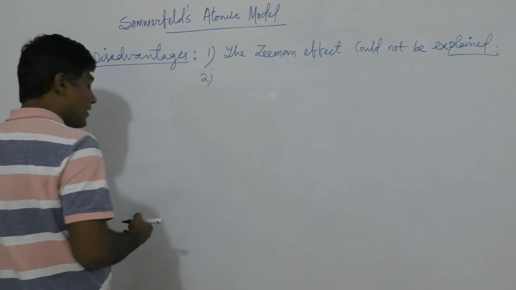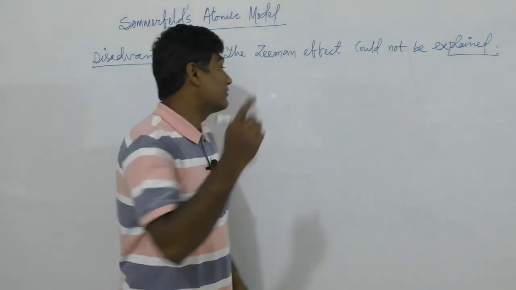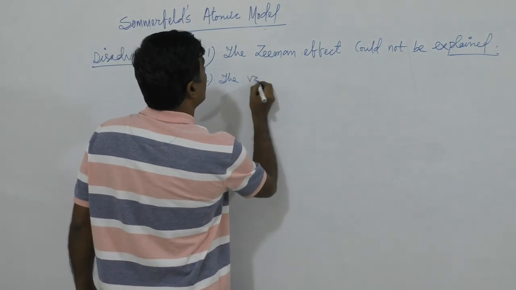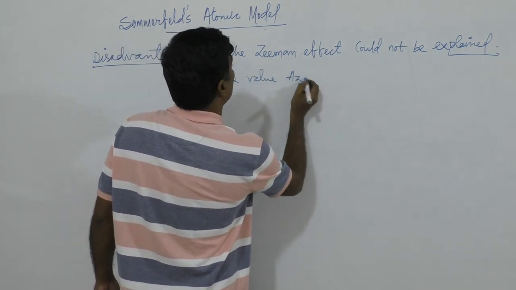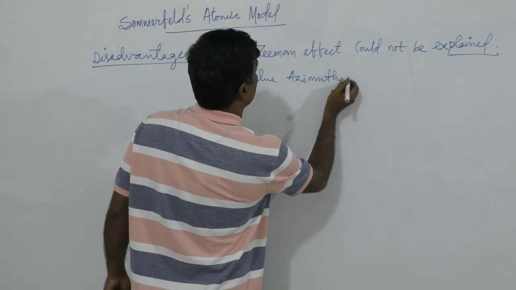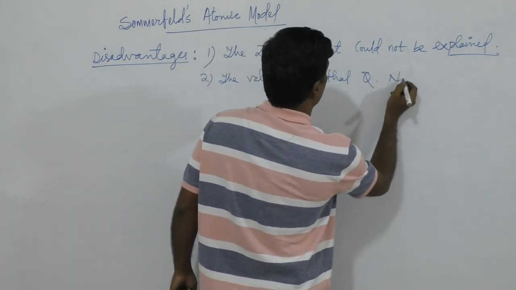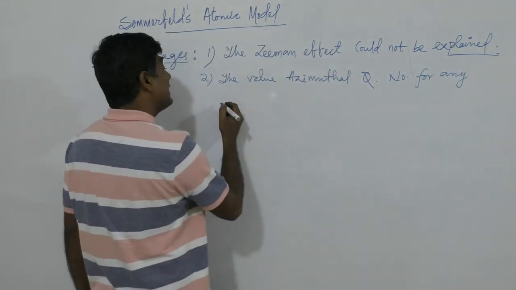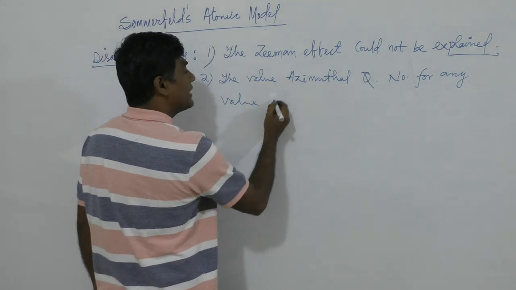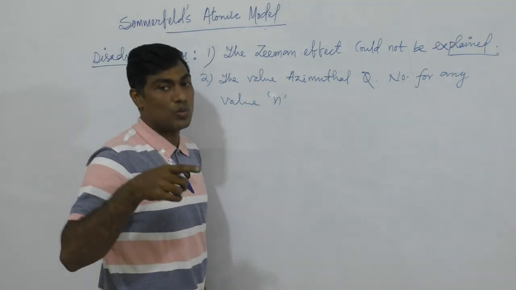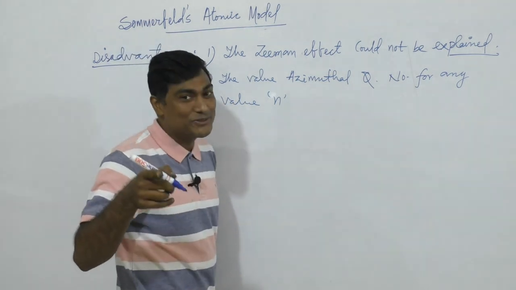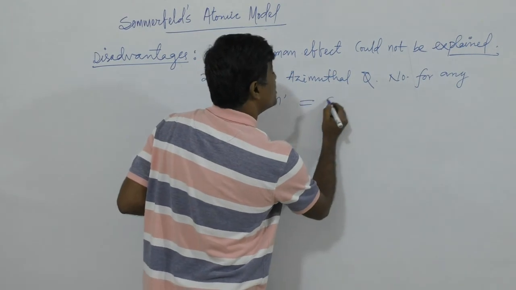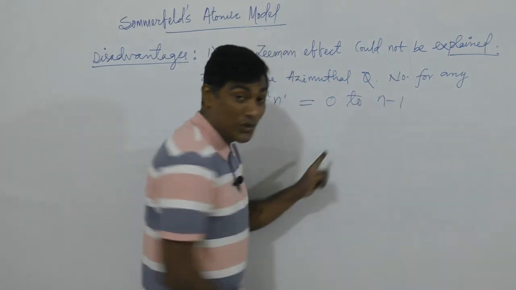Second thing, as you know from quantum numbers, for any value of n, means for any principal quantum number, the azimuthal quantum number values should be what? Should be 0 to n minus 1. We know this, but